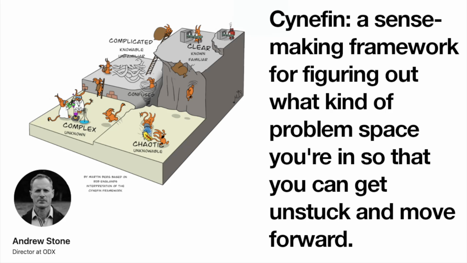So the action sequence is simple: sense, categorize, respond. You see the facts, you put them in a bucket you've seen before, and you follow the established best practice. And this is where command and control leadership actually works. It's really the only domain where it's truly effective. You can delegate it, you can automate it. But, and this is the crucial part, this domain is also incredibly dangerous. It's the number one source of catastrophic failure.